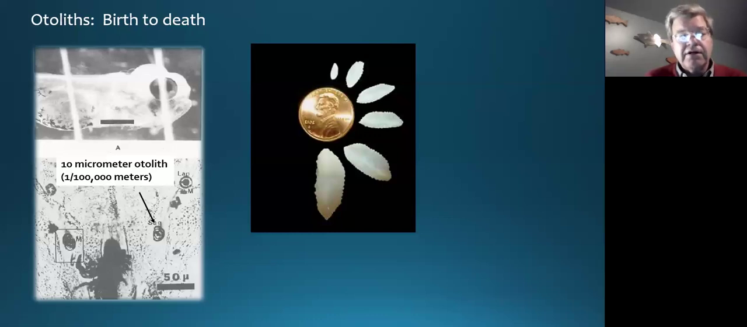Otoliths form early in life. This is a larval striped bass, just a few days old. You see its eye and its forming mouth and its yolk. If you look carefully, you can even see the otoliths. They're in there. What I've done here is I've embedded the fish in plastic, and then I've sectioned through here,